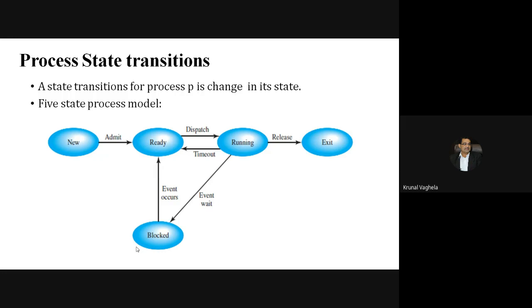So your program will stop execution, and if you don't enter, for example, input for 1 hour, your program will be in the blocked state because it is waiting for input. Now, for example, you have entered whatever you want. For example, yes, no, or some number, whatever the program is expecting, you have entered. So the moment you enter, again, your program will be in the ready state.